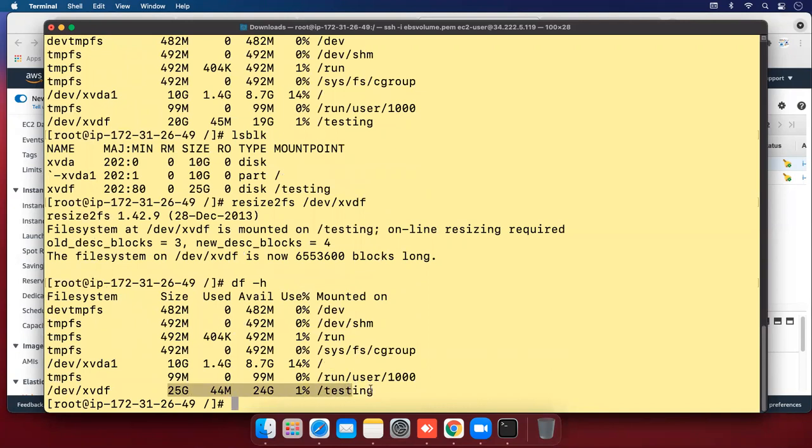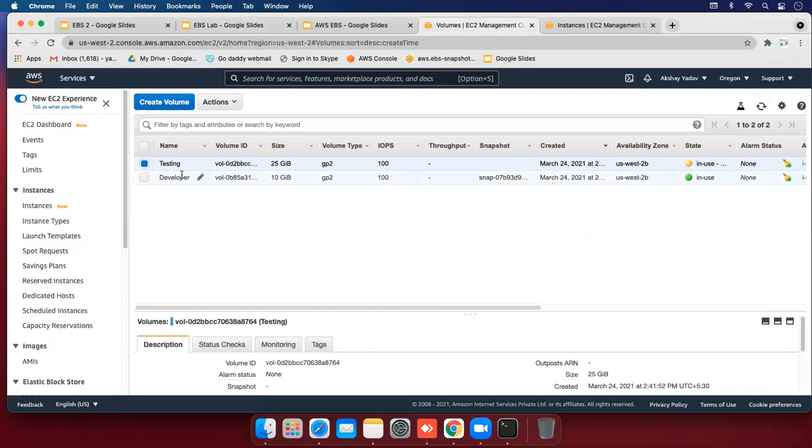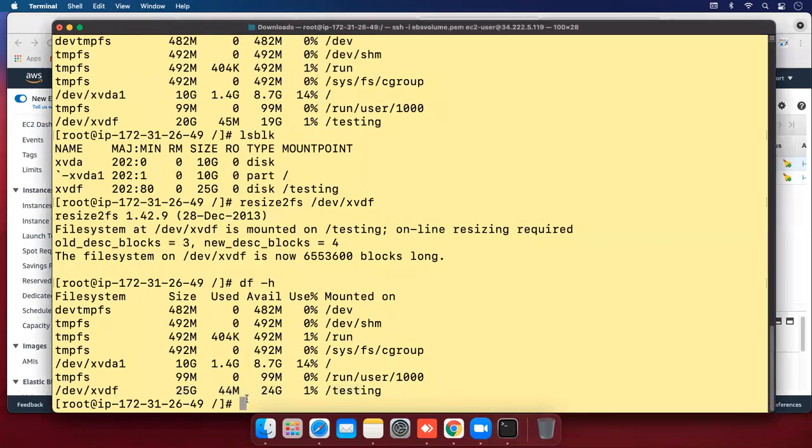So this lab is also successful live. And the next lab is, can I mount one EBS volume from one machine to another machine? So let's see in the panel. I have one testing volume of 25 GB, which I already mounted on the other machine, the developer machine.